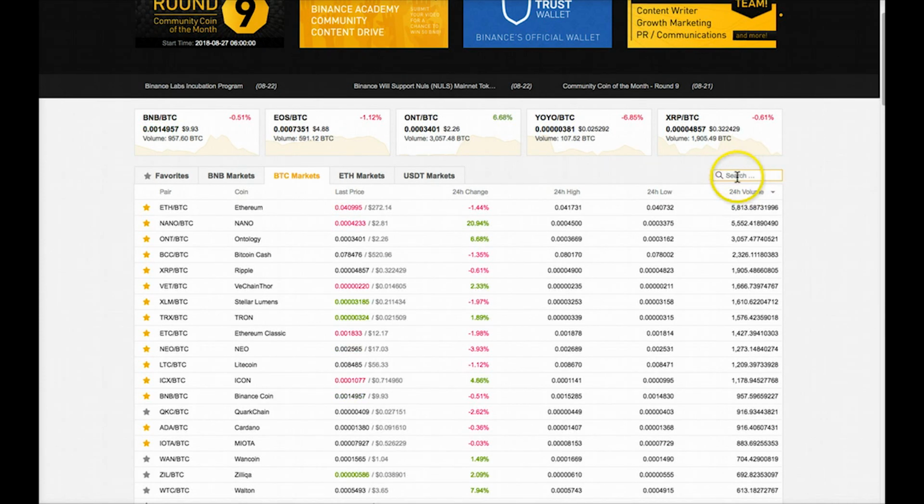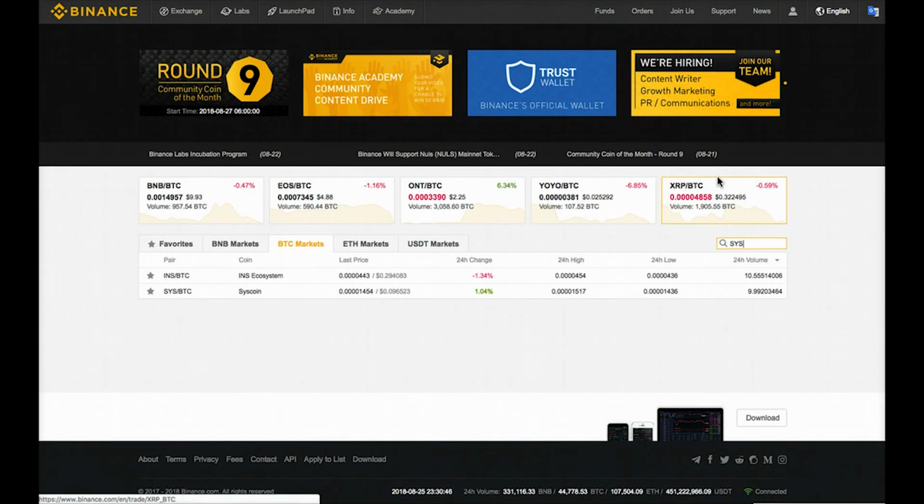If you have a certain coin you are looking to trade, you can just use the search function on the upper right hand side of the trading pair lists. You can type in the name of the coin, just type in the call letters or the name of the currency to see all the trading pairs that are available for whatever market tab you have selected.